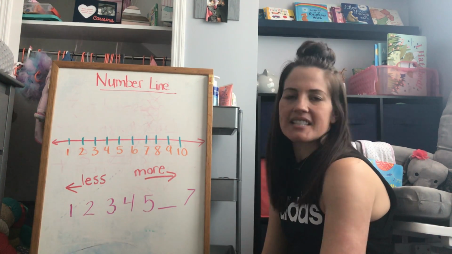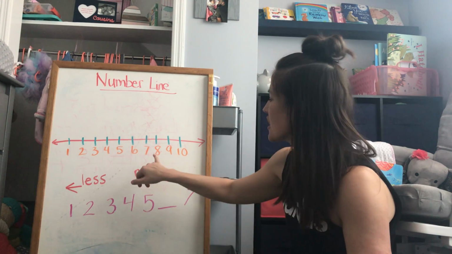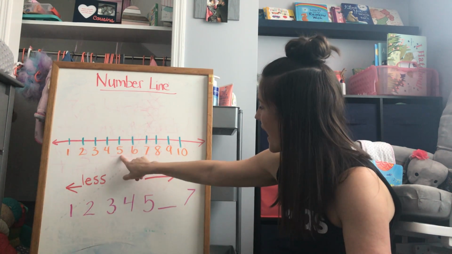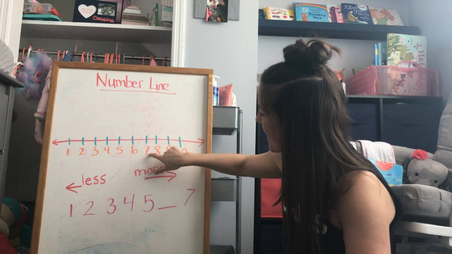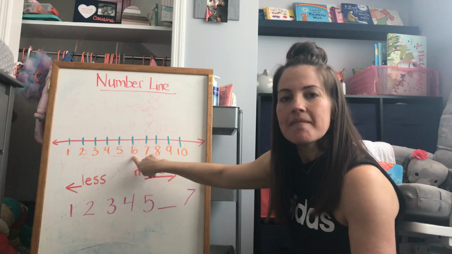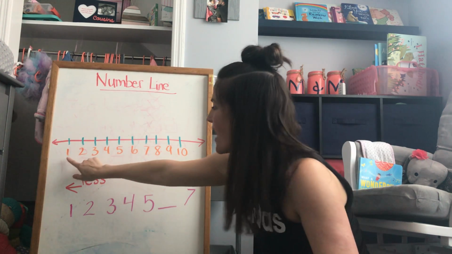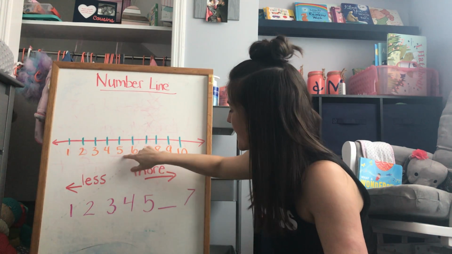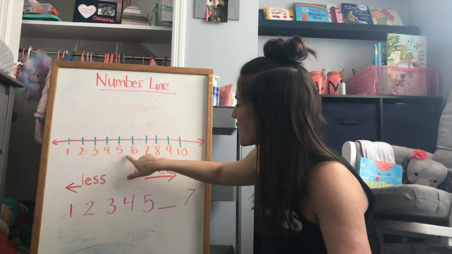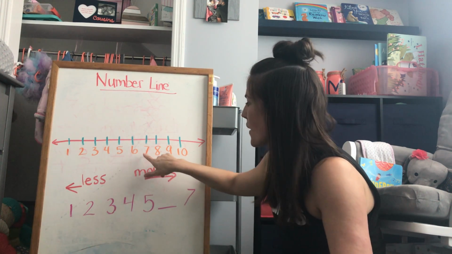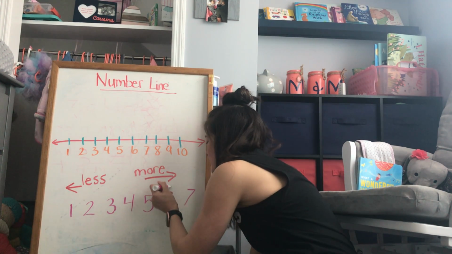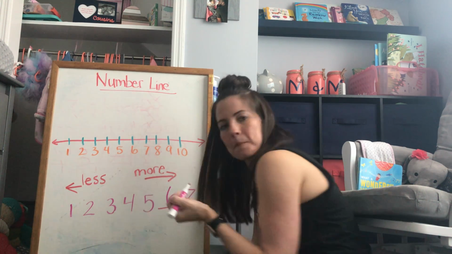What number is missing now? I could just look up and see, here's the 5, and here's the 7. What number is missing? 6. Or if I'm using what I know about numbers, I can count 1, 2, 3, 4, 5. What always and forever comes after 5? 6. And it always comes before 7. So I'm going to fill in that number.